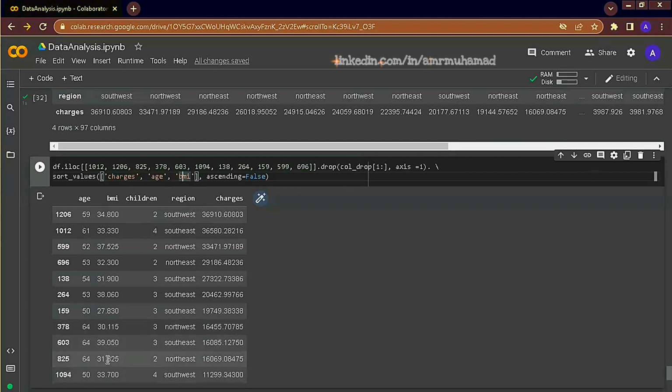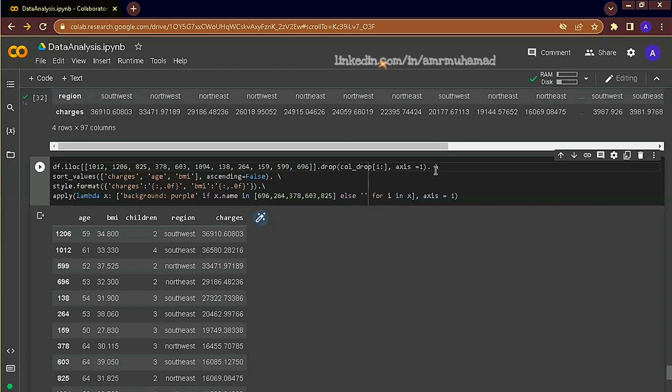Lastly, if we want to highlight some of these rows for better visualization, we can use styling and format. To continue your code on a different line, we use the backslash. For styling, we use style.format, and we include which columns we want to format. In our example here, we want to display numbers using commas and with 0 decimals. We are going to use charges and BMI.